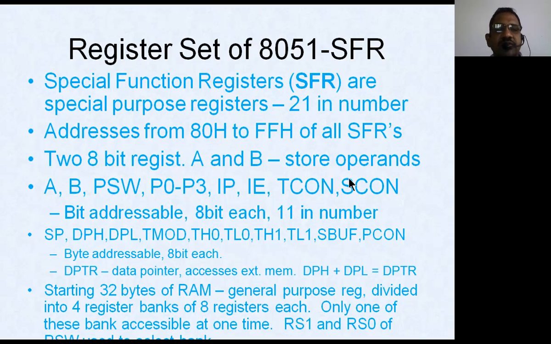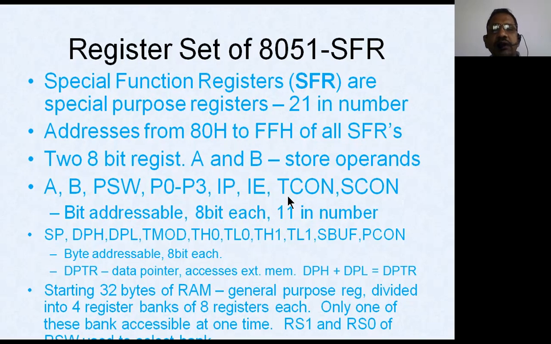special function registers. Apart from these special function registers, we'll be having two 8-bit registers called A and B to store the various operands. A is nothing but the accumulator, B is going to be the temporary register. The accessible registers are going to be something like A, B, PSW. All these registers we can access bit by bit. Therefore, we can simply call them bit addressable registers. All these bit addressable registers can be 8-bit.